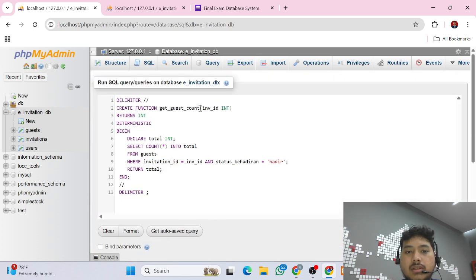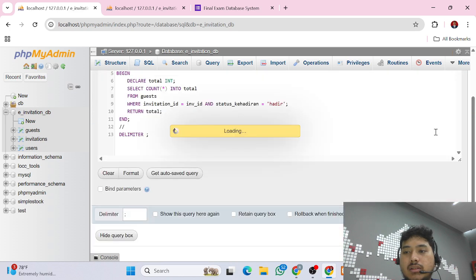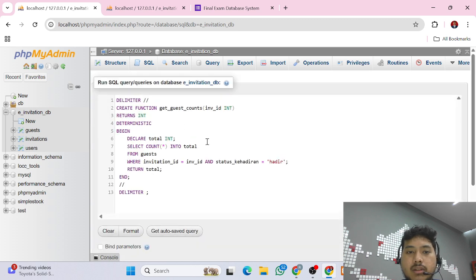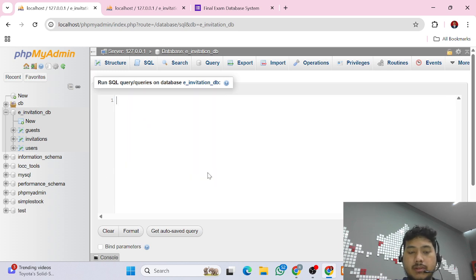Let's try again. Get guest count. We will use this. We will try again for invitation ID number 1. Select get guest count 2 as jumlah tamu hadir.